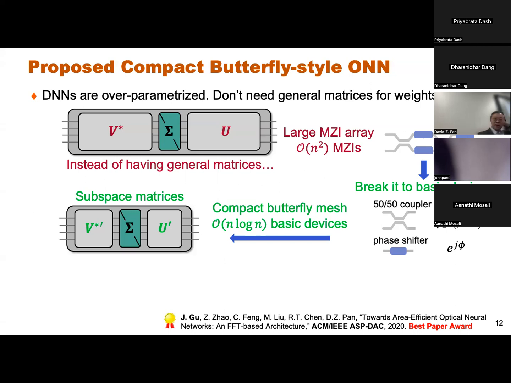So what we found is that, instead of using this kind of general matrix, even in the machine learning community, people found that when you train your neural network, you don't necessarily need all kinds of weights. You probably heard about compression, pruning, and that kind of terminology, right? Many of these may be zeros, so you can use a much smaller number of weights and still get reasonably good accuracy. People even reduce 32-bit weights to 4-bit and it still works perfectly fine, right? And then also in these machine learning models, instead of using a very general matrix,